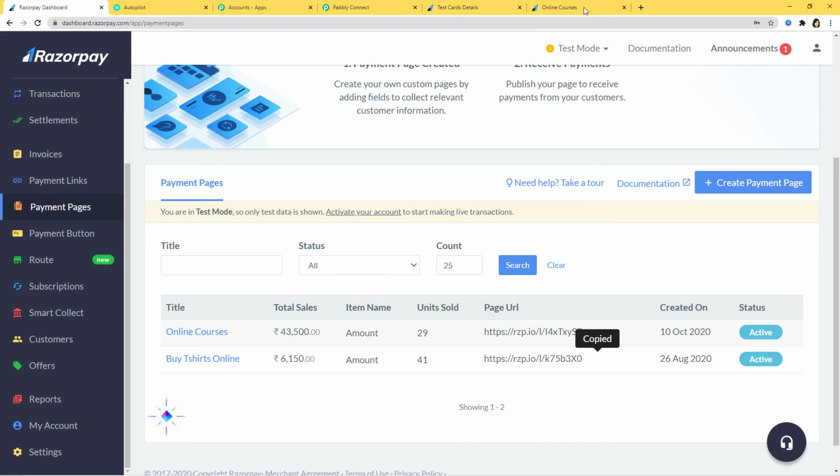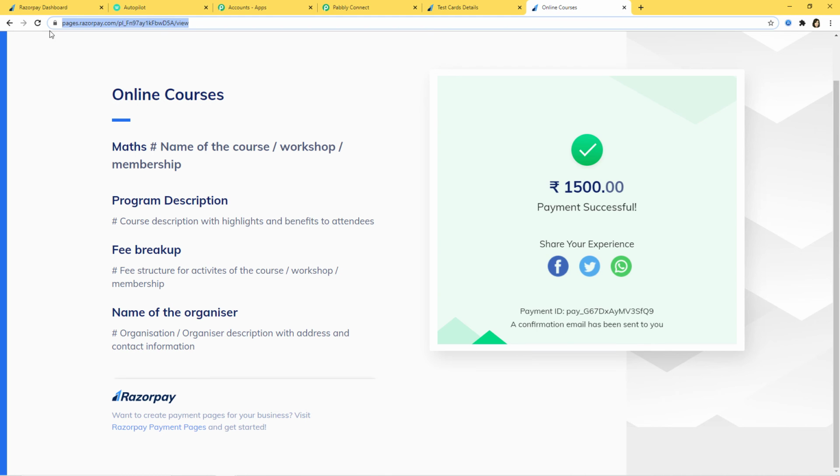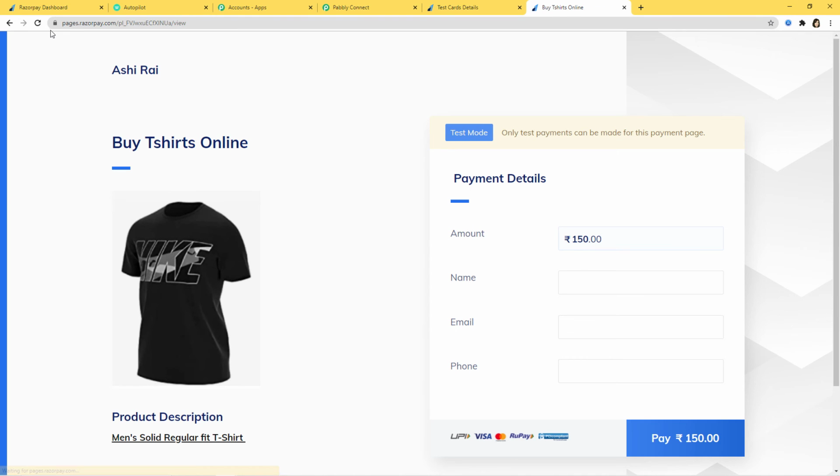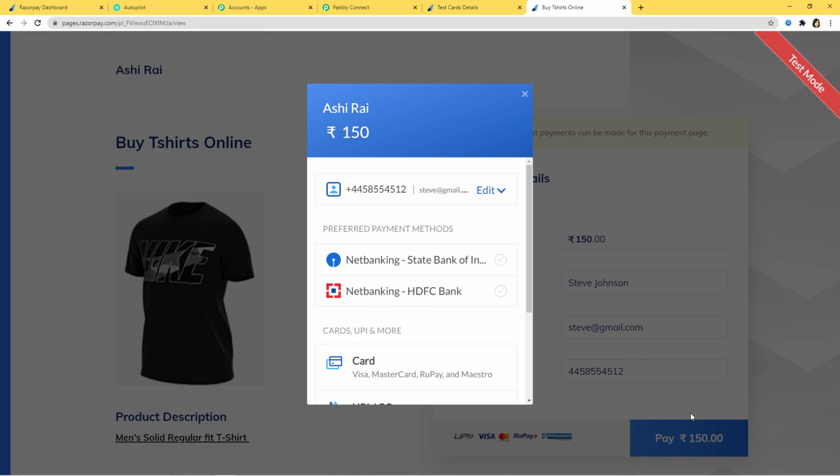So I'll just open it again over here. Okay, so name I'm going to put here Steve Johnson. Email is steve@gmail.com. Phone number. Okay, pay 150 rupees.